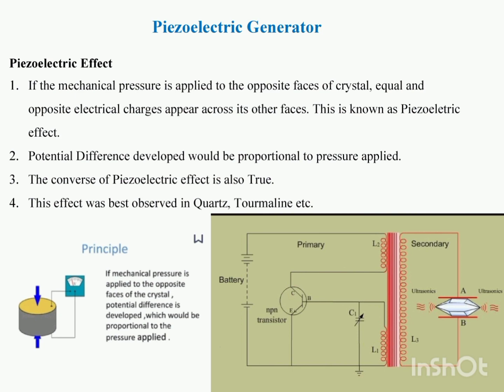If the frequency of the oscillatory circuit becomes equal to the natural frequency of the crystal, the crystal will be thrown into resonance and the ultrasonic waves are produced. The construction of this circuit diagram is